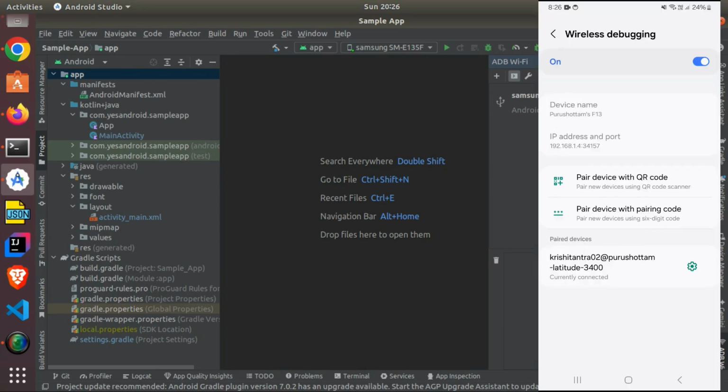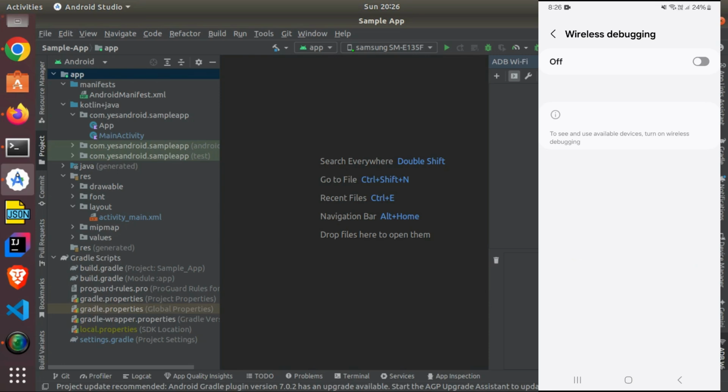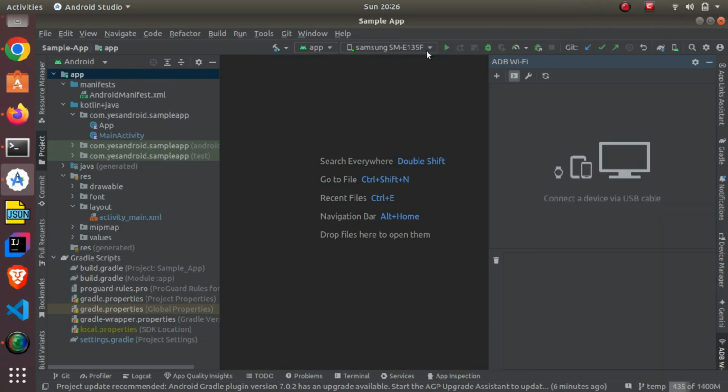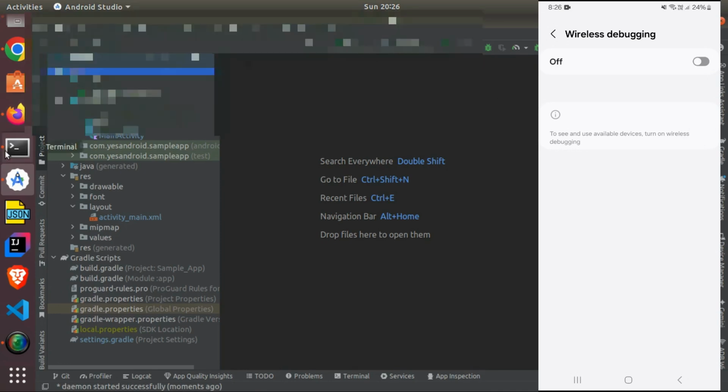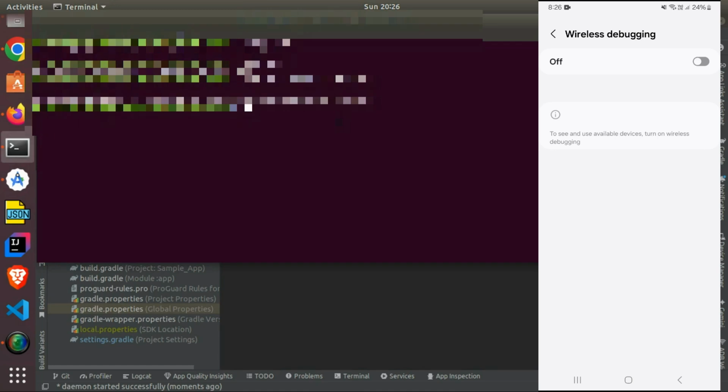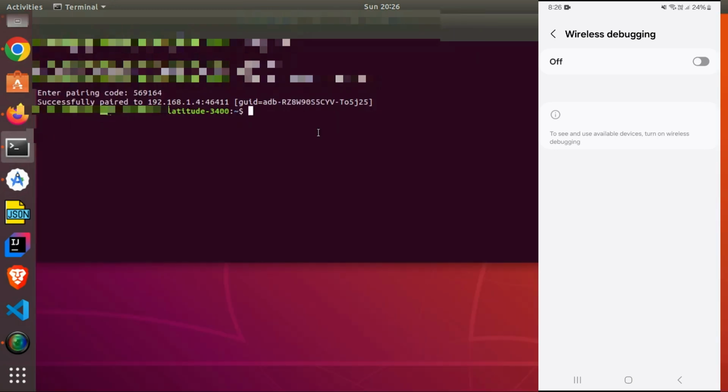I will turn off the wireless debugging and close this, refresh the device. Now the device got disconnected. Now I will show you how you can connect next time. First time you paired it, so next time you can connect wirelessly. I have opened the terminal. Next time